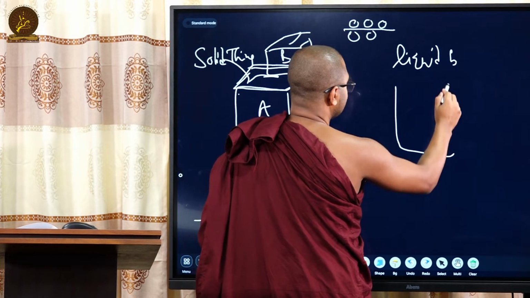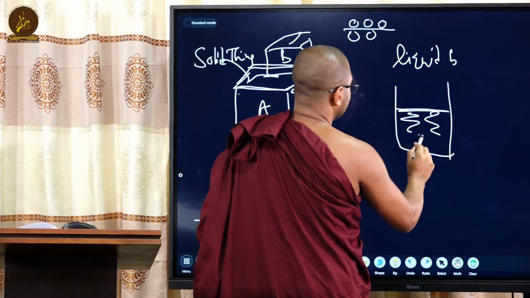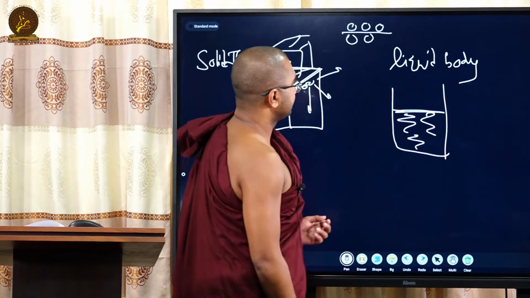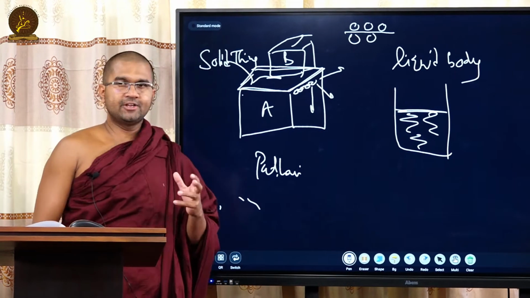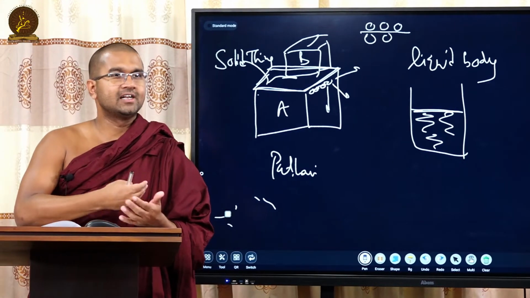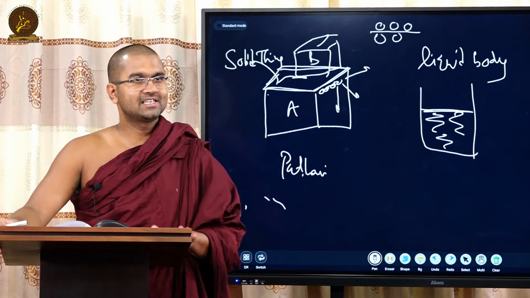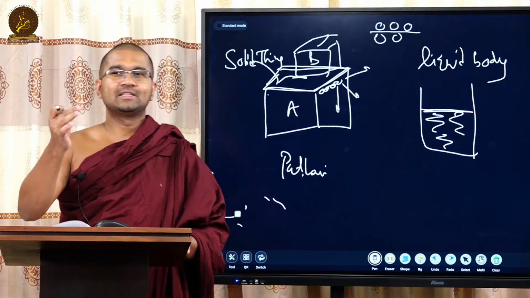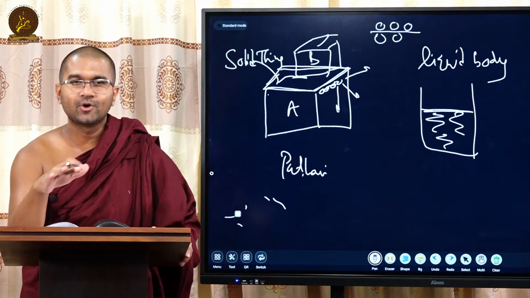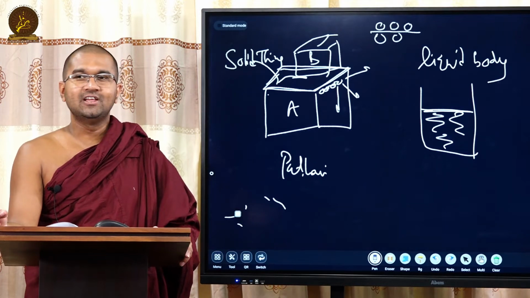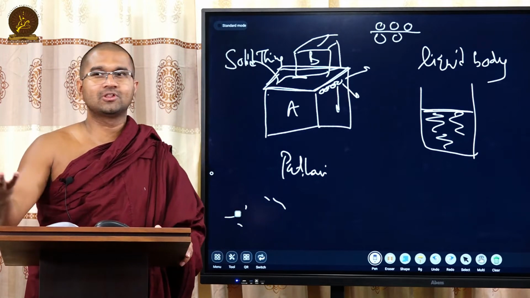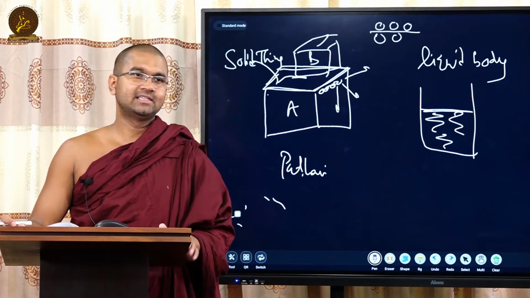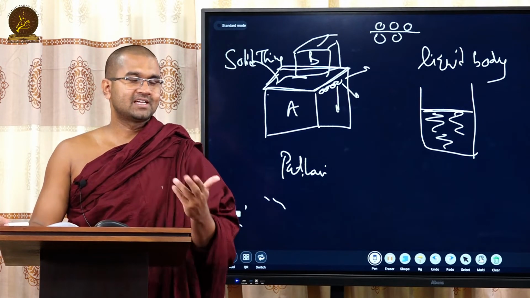For example, a liquid body, drava sarira. Even in a liquid, if you touch it, you can feel the hardness, right? Certain surface can be felt, right? You can make a sound, you can touch it. A small thing that is not that dense can float in it. So a small leaf will not sink into the water, right? It will float on the water. So the water particles are capable of holding something upon it. So there is hardness in it. That is the hardness that is felt when we touch it.